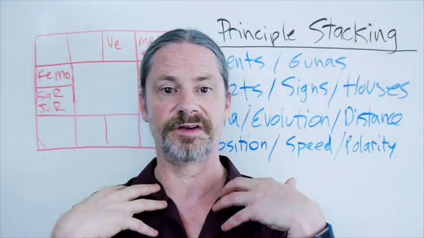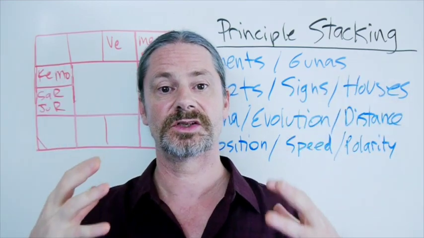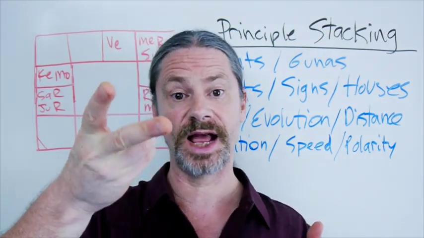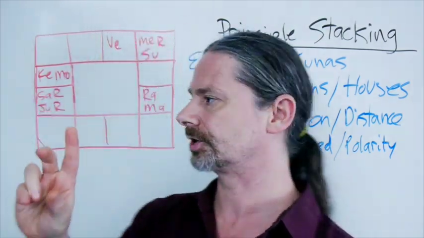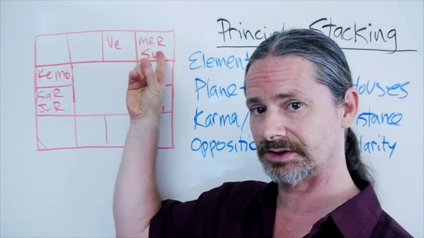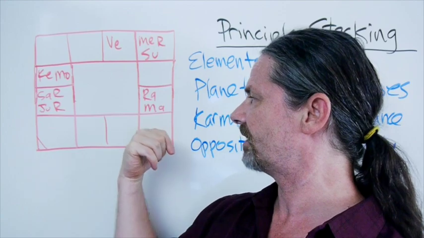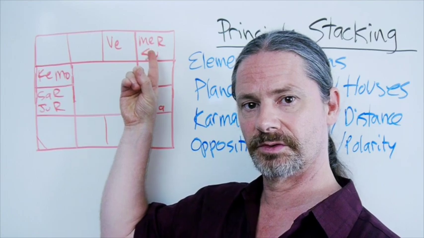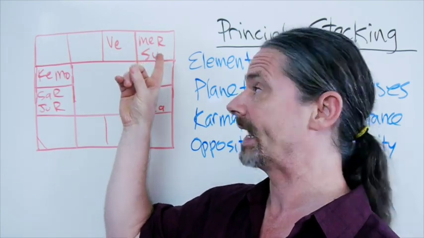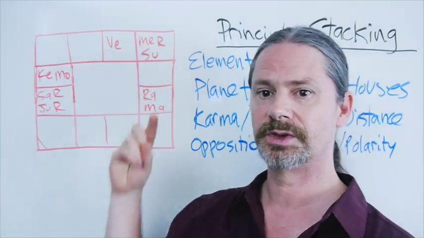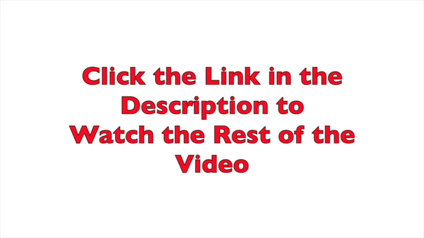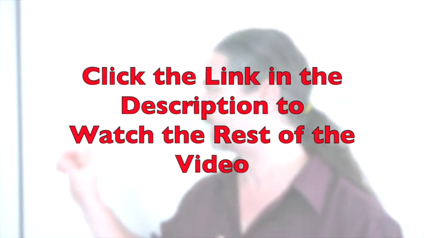The moon is purely feminine. There's no masculine quality of the moon. And the sun is purely masculine. There's no feminine quality of the sun. But every other planet has a masculine and feminine quality to their nature. Mercury rules the masculine sign of Gemini and the feminine sign of Virgo. So the masculine nature of Mercury flows through Gemini, and that's this sign. So Mercury is in his own sign. So anytime a planet is in its own sign, it's very powerful. It gives great results. It shows the sort of culmination of that thing. So she winds up with